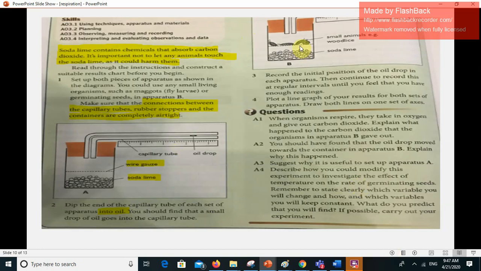We said we can use small arthropods such as wood lice, or we can use germinating peas or seeds in order to investigate respiration. In the previous experiment, we proved that respiration is taking place by organisms or by living things, and the dependent or the result was the increase in temperature, while here we are going to measure rate